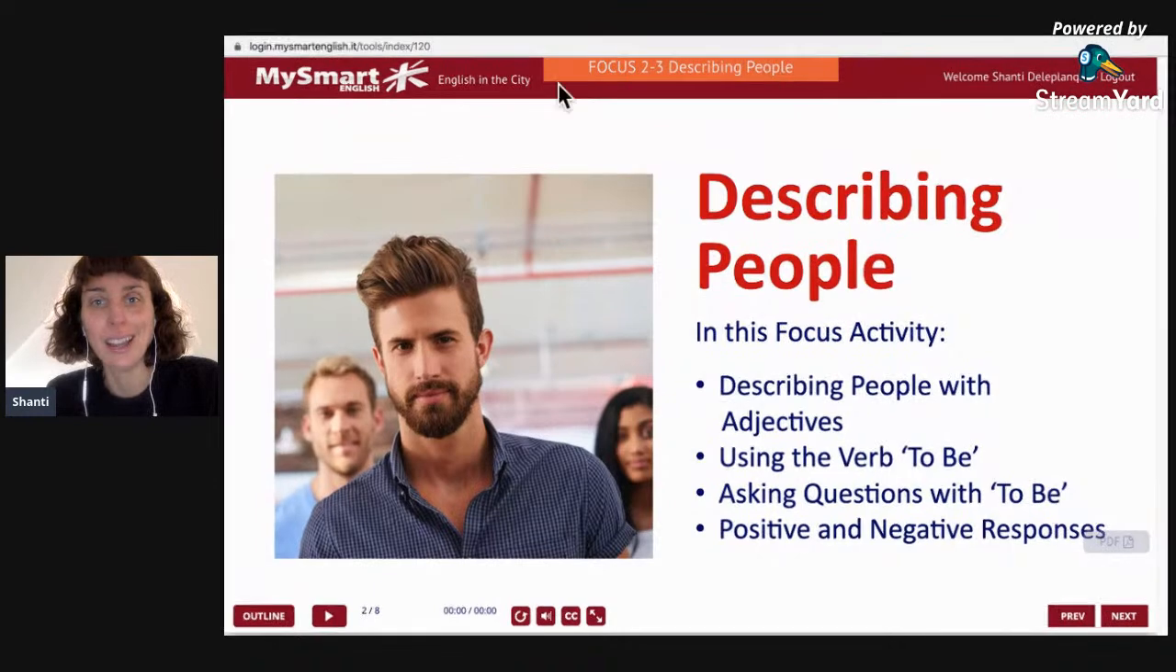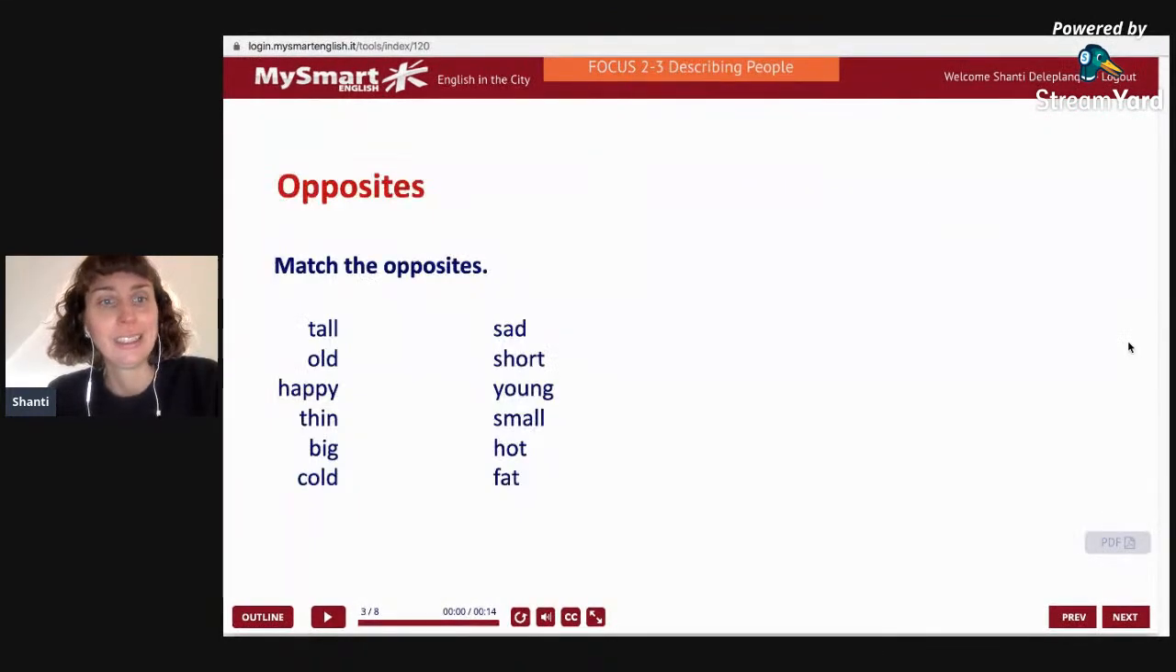Let's look at the next slide. Here we have some adjectives to describe how people look, or maybe also their age. So let's see. We have to put the opposite adjective with its friend, no? So for example,